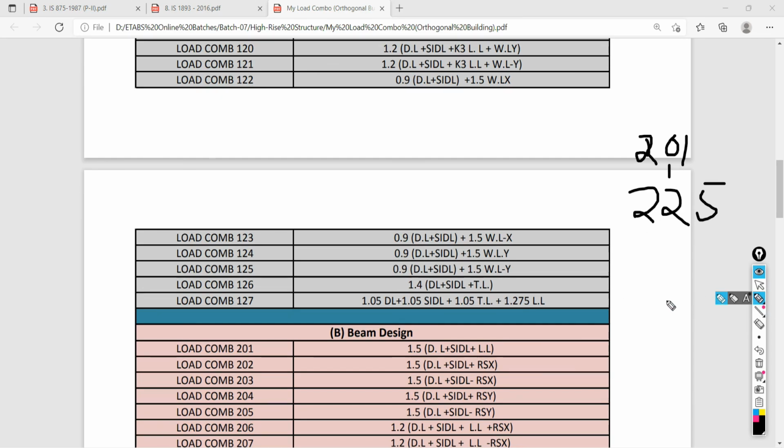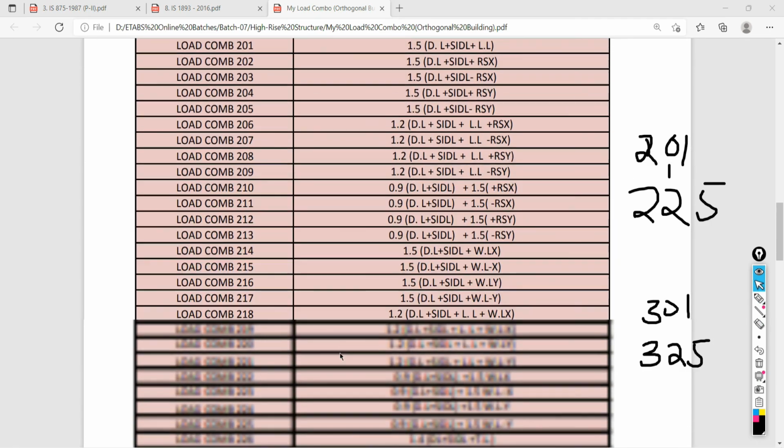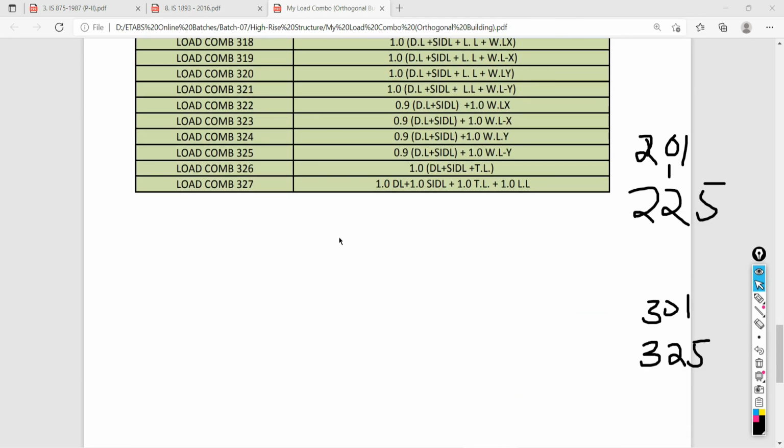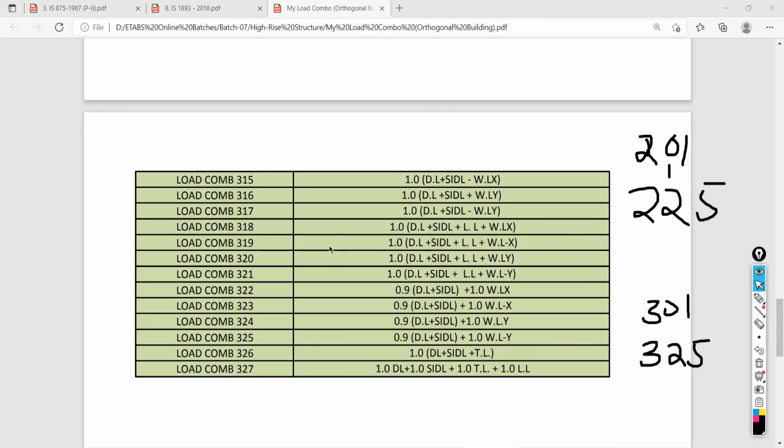Second, 301 to 325 you have to define. Will you do this or not? Yes, sir. I will share this PDF, also the model. So it's your responsibility to define all these load combinations, and you have to submit it back by tomorrow. Yes, sir.